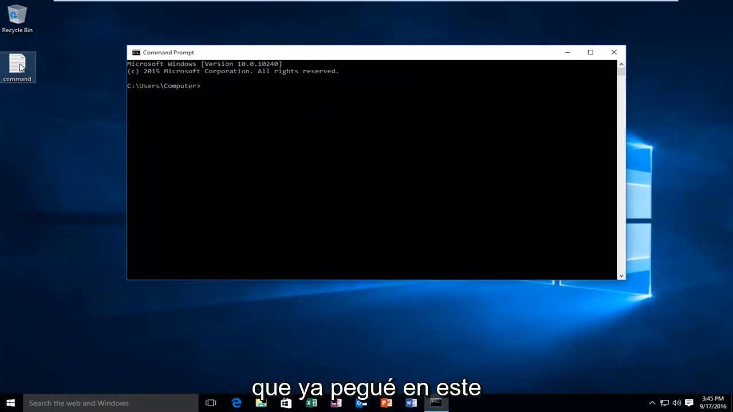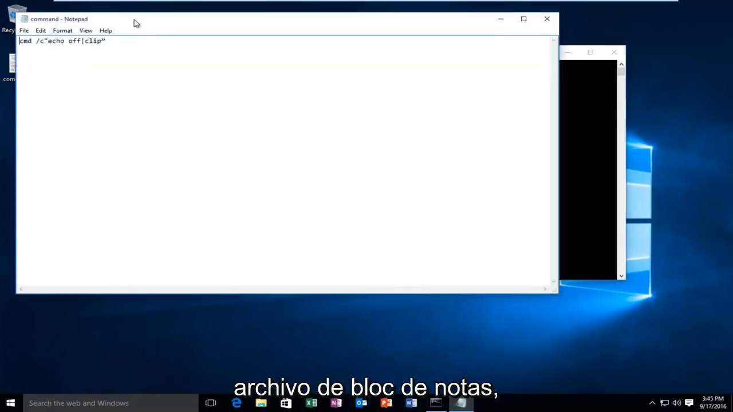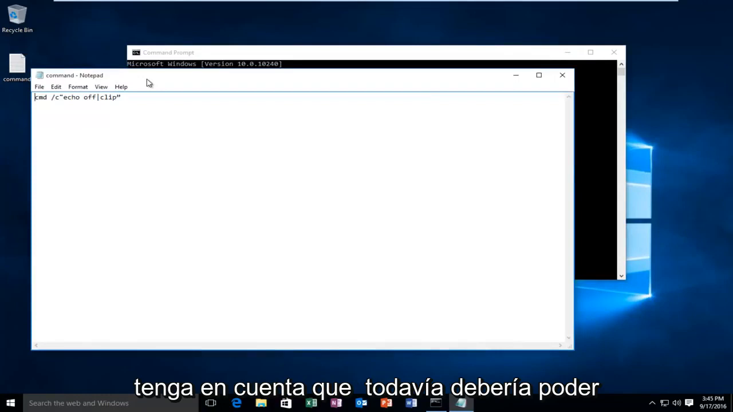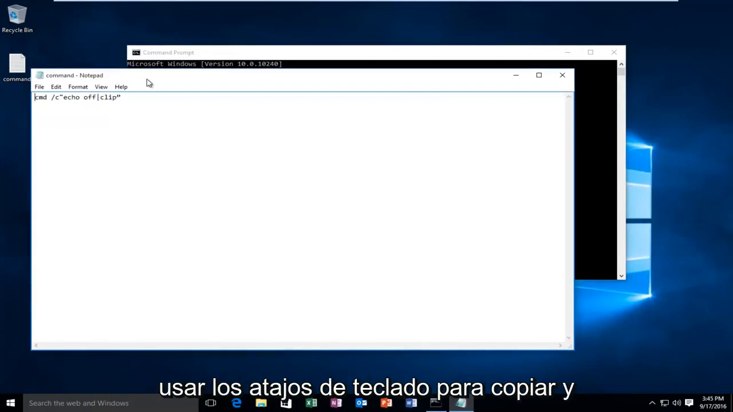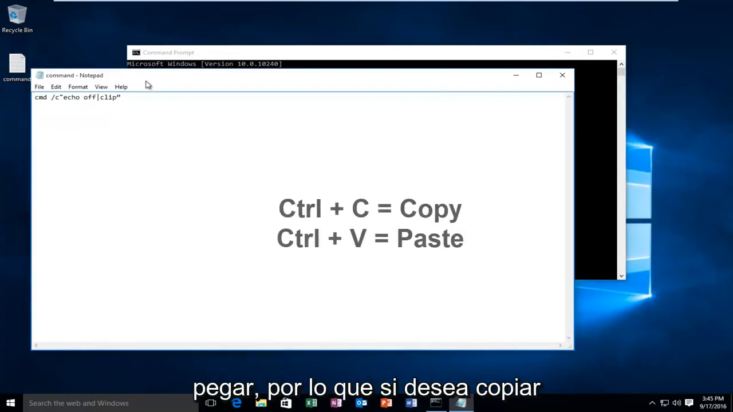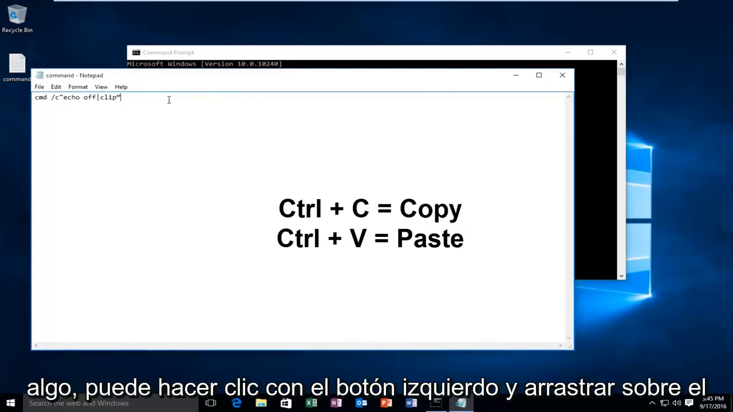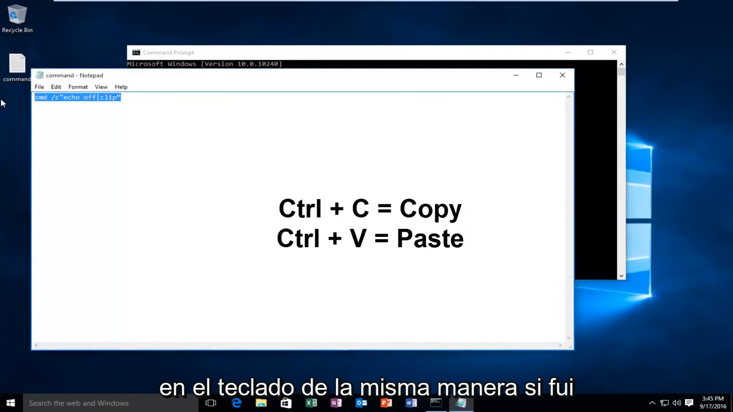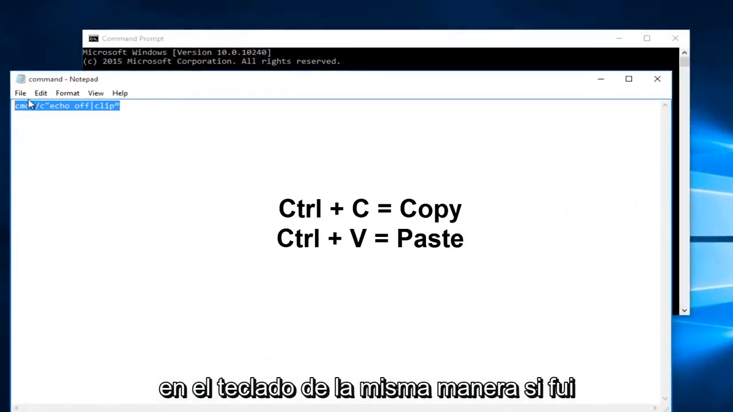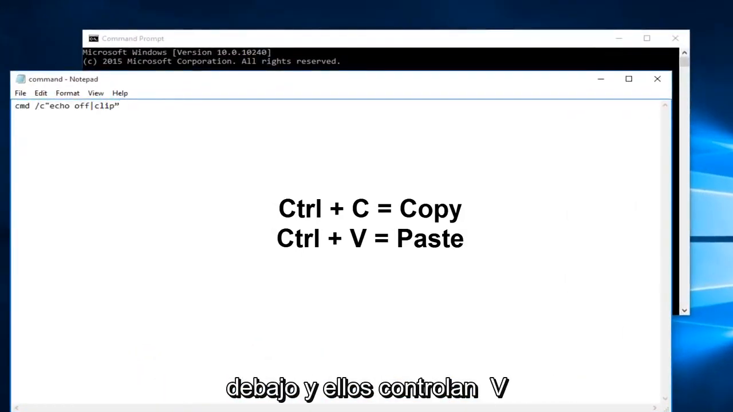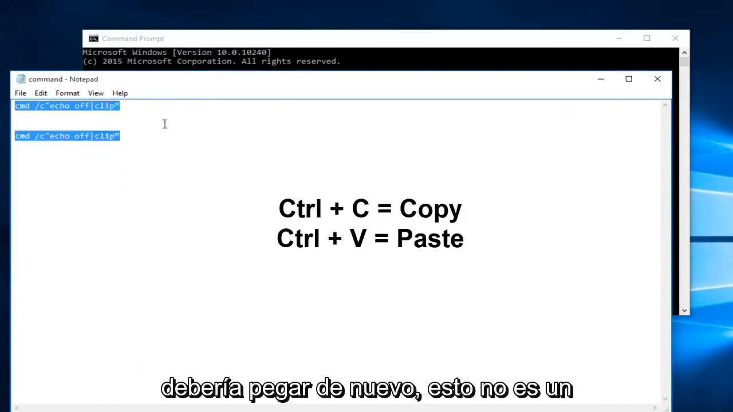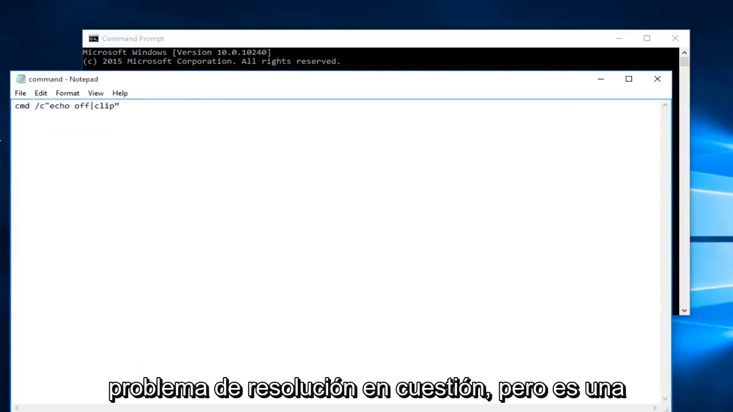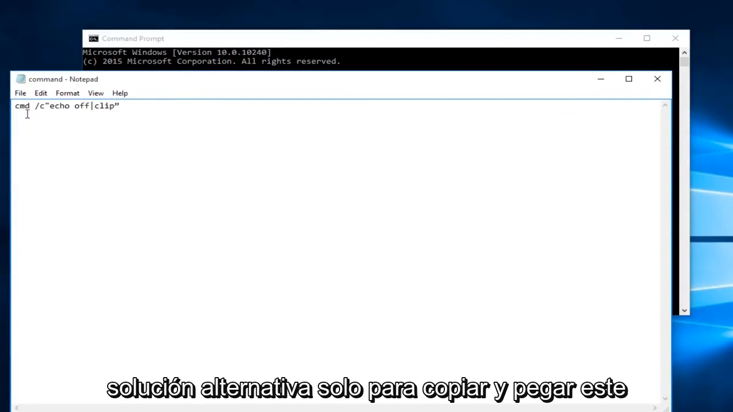I have a command that I've already pasted into this notepad file. Keep in mind you should still be able to use the keyboard shortcuts to copy and paste. So if you wanted to copy something, you could left click and drag over the text and then hold down the Control C key on the keyboard. Likewise, if I went underneath it and did Control V, it should paste. Again, this does not resolve our issue at hand, but it is a workaround just to copy and paste